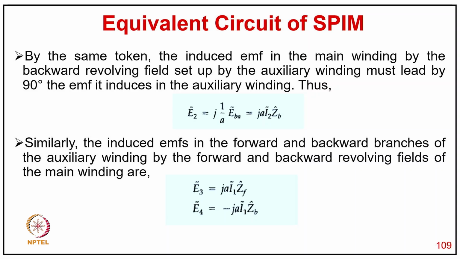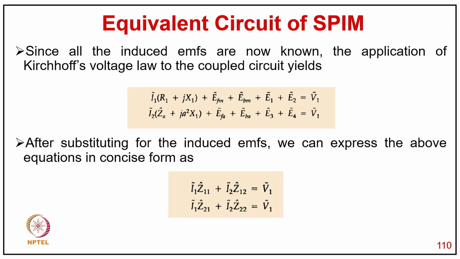So E2 equal to minus jA E_B upon A, that is equal to jAI2 Z_B. Similarly, the induced EMFs in the forward and backward branches of the auxiliary winding by the forward and backward rotating field winding are E3 = jI1 Z_F and E4 = minus jAI1 Z_B. So since all the induced EMFs are now known, the application of Kirchhoff's voltage law to the coupled circuit yields